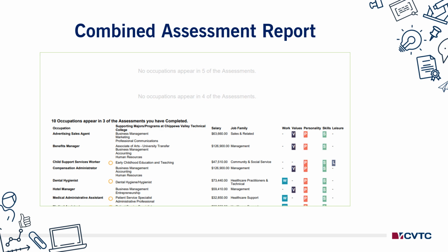So it's saying supporting majors or programs at Chippewa Valley Technical College: the Associate of Arts University Transfer if I wanted to go to a 4-year university. But CVTC has the business management, accounting, human resources program, and that transfer program to go on to that 4-year or more. It shows the salary, what job family it's under, and what